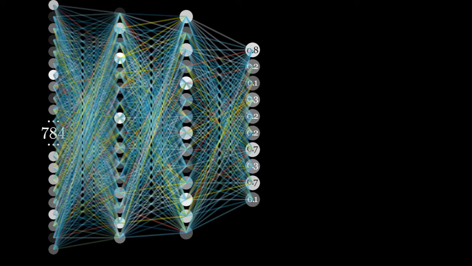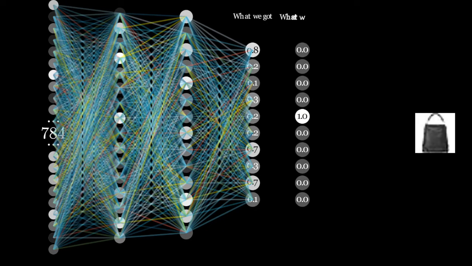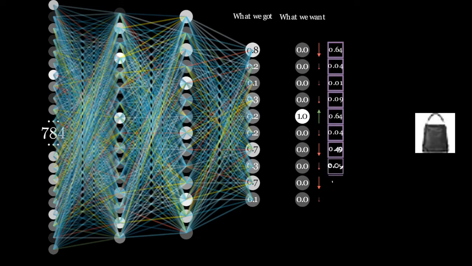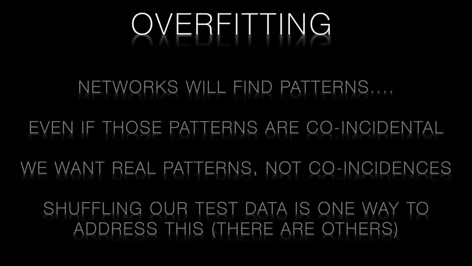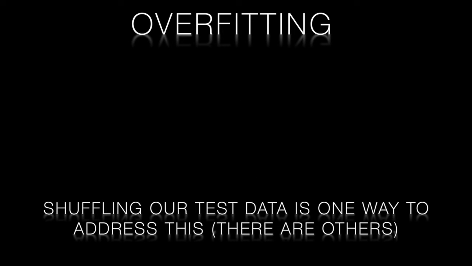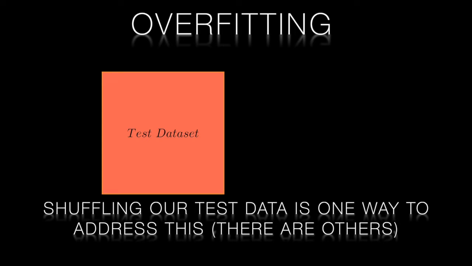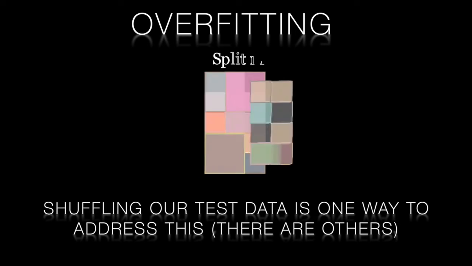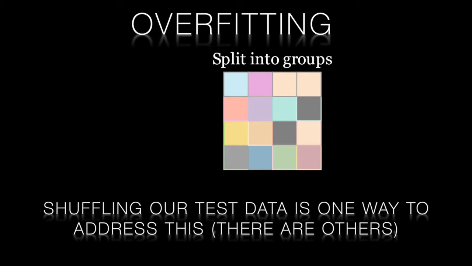When training, we calculate the cost function after each presented training sample. Neural networks are great at matching patterns, sometimes too good. If there's some implicit or explicit order in the data, there's a good chance that the network will find it. This is an example of overfitting. This is where the network finds a pattern in the training data that actually isn't a pattern in the real world. Shuffling the training data